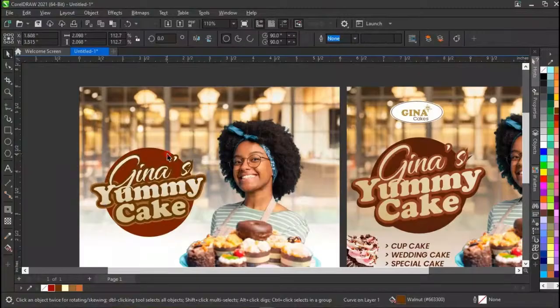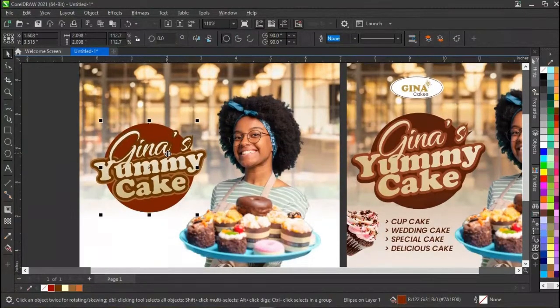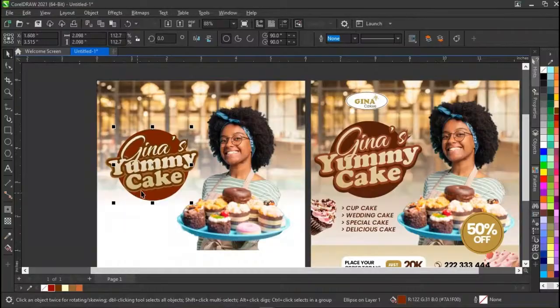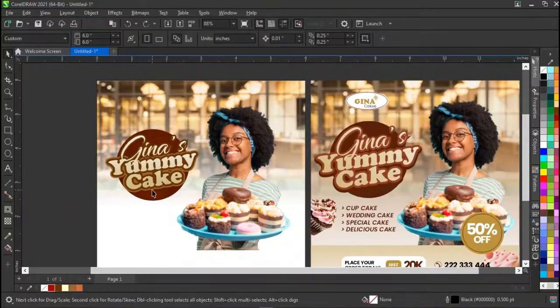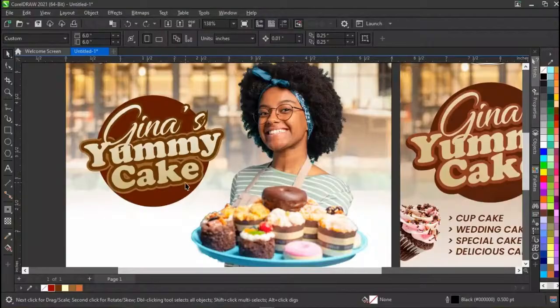So guys, I'm just trying to make sure that we have this particular color. Let's try and mix a little black to this color so we can have a tinted deep cream, deep chocolate. No, it's too much, I guess. Control Z so that we can have our